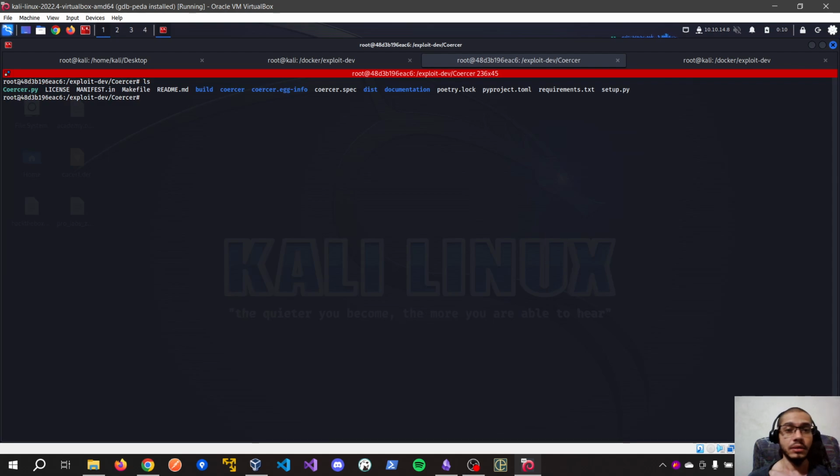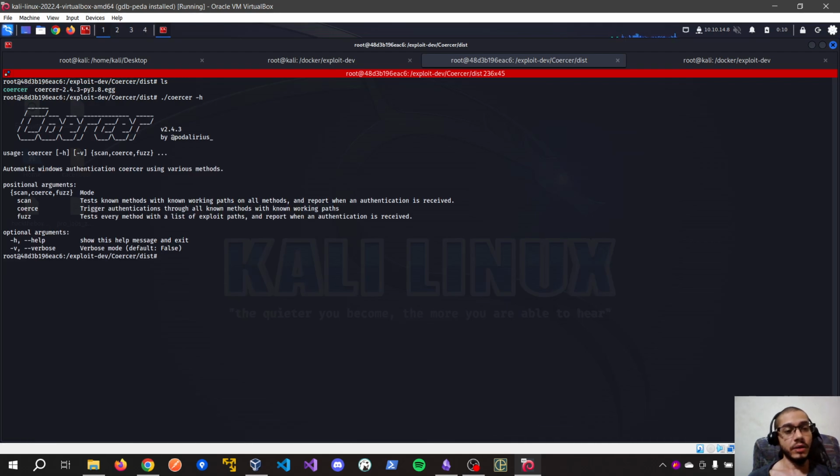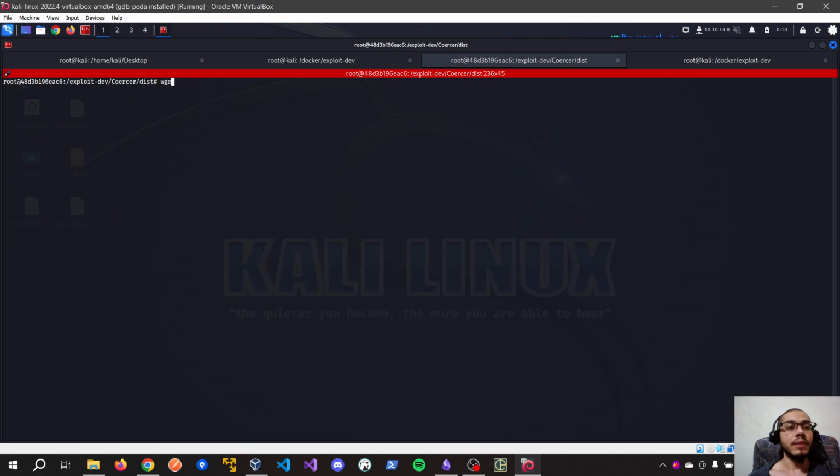After we run that command, if everything worked fine, the binary was generated in this folder. Let's see if that's working. Now you can see that we are running the tool only by executing a file, without the python command. Okay, but let's import this to our host machine.